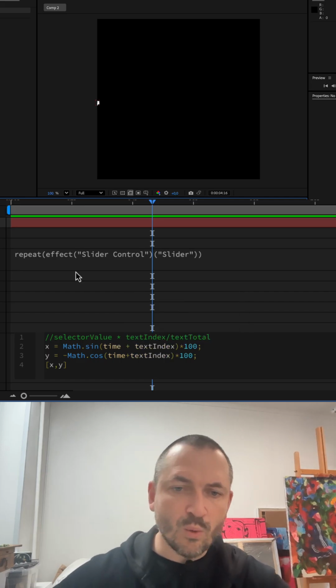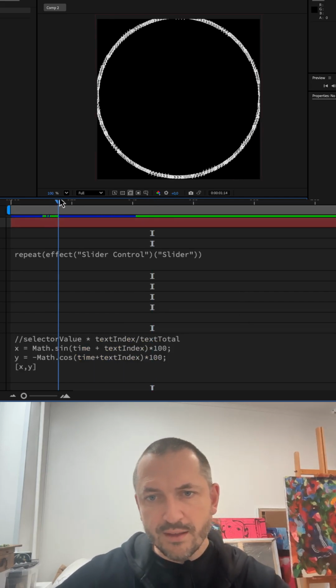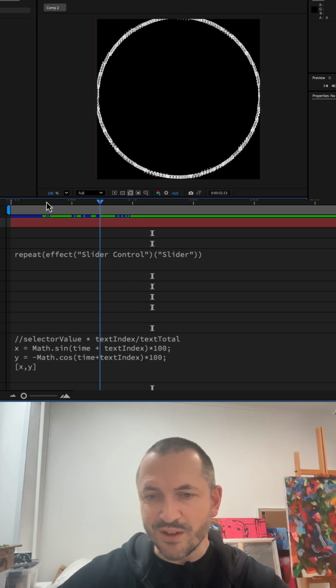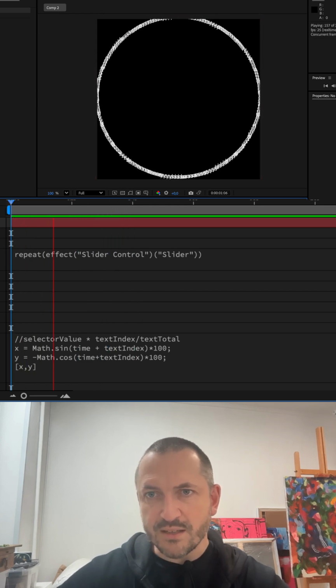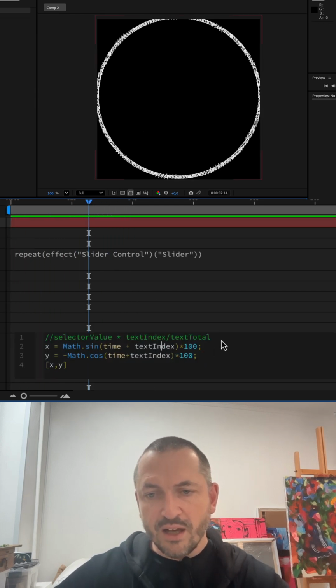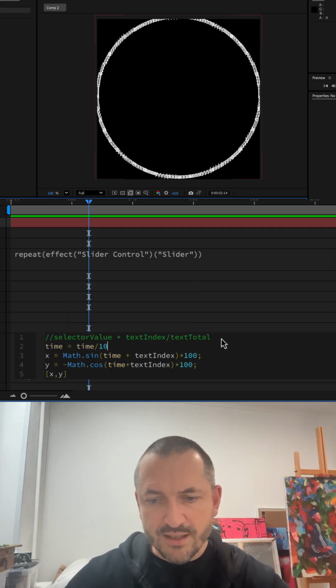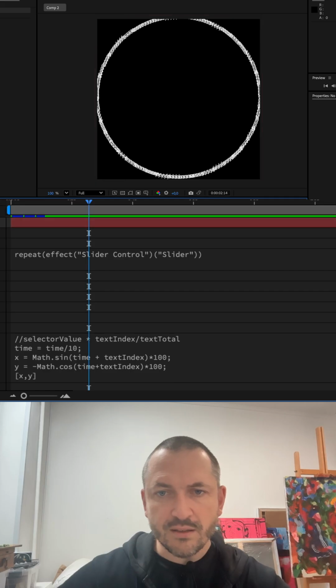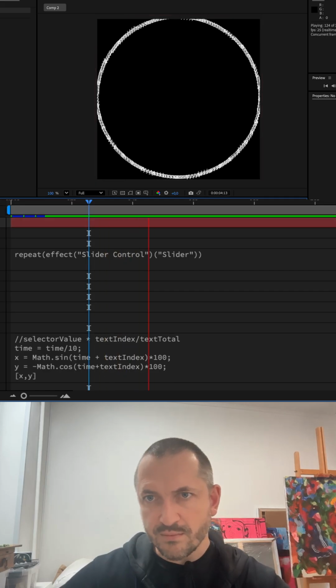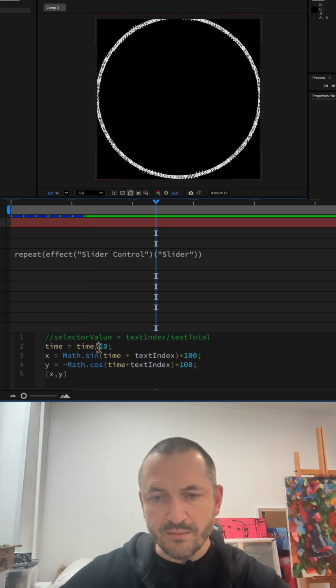Text index. What do we have? Something beautiful we have here, but it's very fast. To do it slower, we need to write time equals time divided by 10. Yeah, it's very slow. Maybe divide by 2. It will be okay for us.